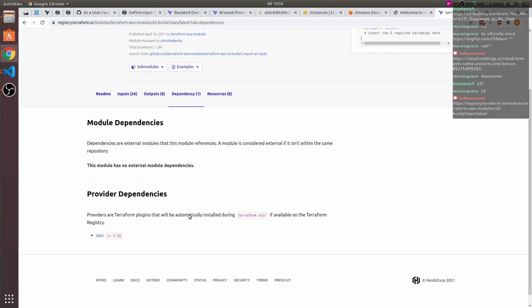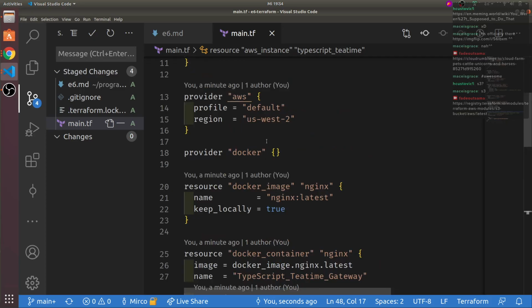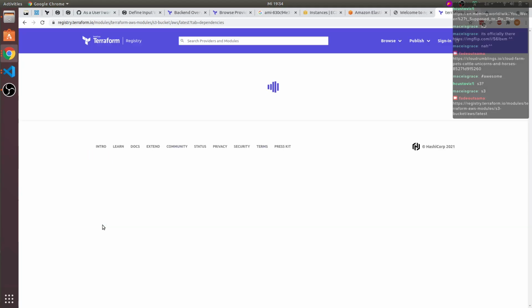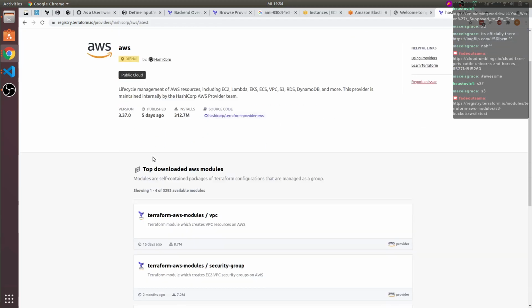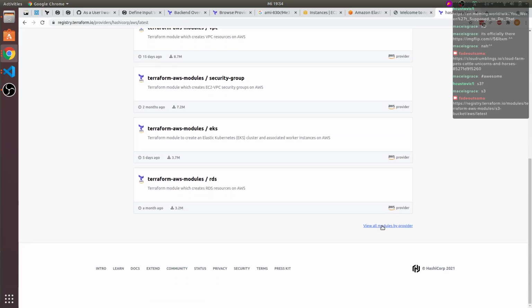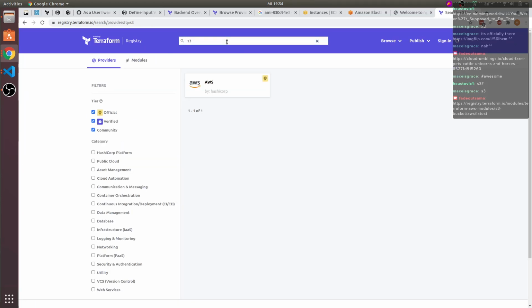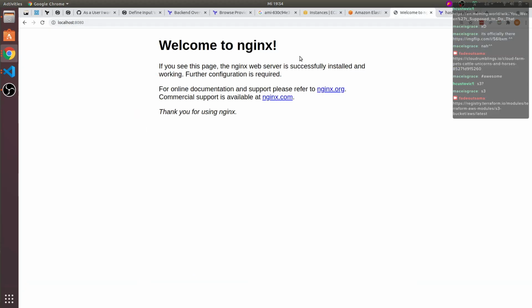So this one has a variable dependency, AWS greater than 3.27. Okay. Yeah, let's try to find the S3 one. This one. That's the same one? Probably.